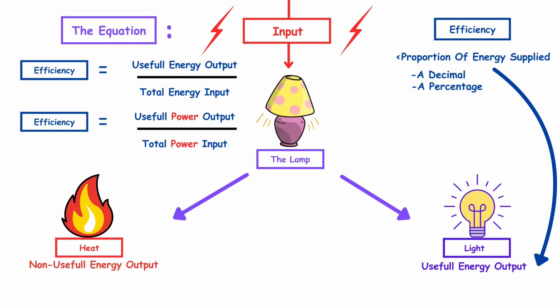For exams, you'll need to calculate efficiency either as a decimal or a percentage using the formula. Efficiency equals useful energy output divided by total energy input, or if using power, efficiency equals useful power output divided